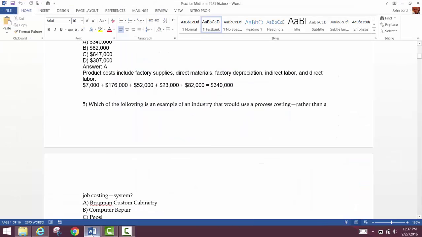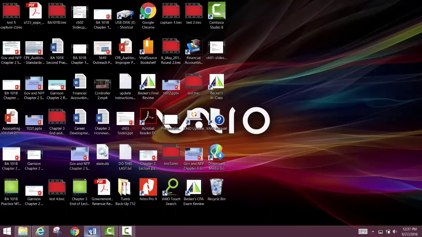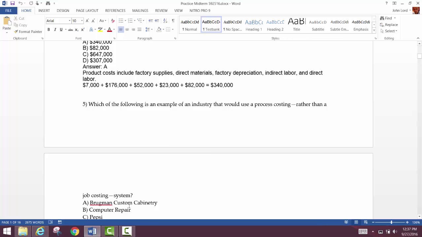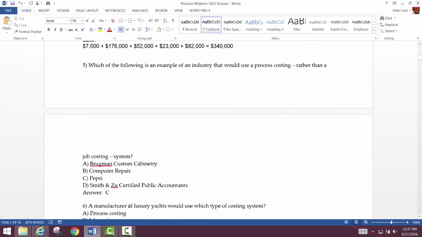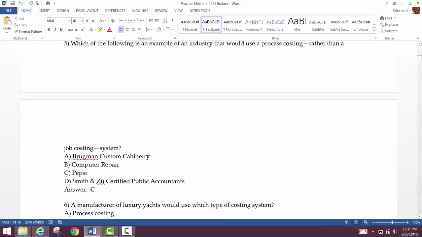And so let's go ahead and take a look at this fifth practice midterm. I'm going to go ahead and start with question number 5, okay? And if we have time, we can come back to some of these other ones, but I want to start with 5. And so we say here, which of the following is an example of a company that would use